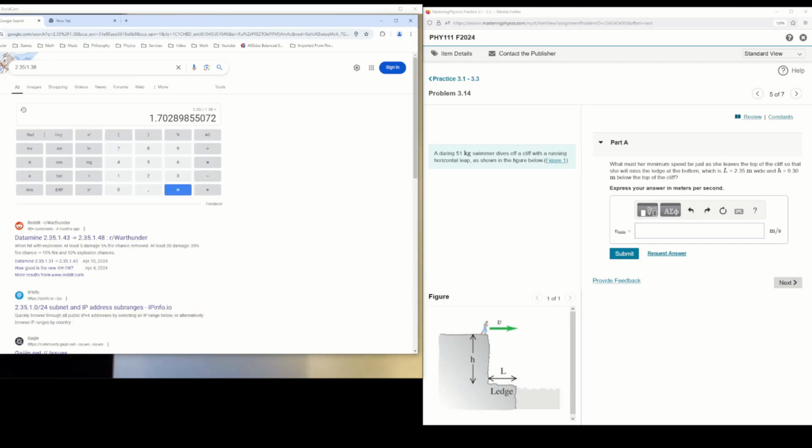So she would need a minimum velocity of about 2 meters per second. That's actually not very fast at all. But remember the ledge here? The ledge is only 2 meters here. So that's a little bit more than the length of a person. While you're falling almost 10 meters, that's more than the length of 5 people. So 1.7